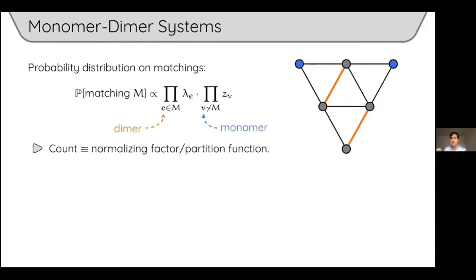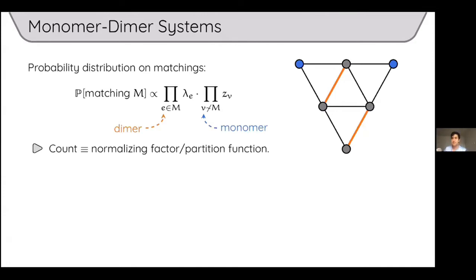Okay, so the natural extension of, so for perfect matching, this is defined to be zero. So if it's a perfect matching, then there is no vertex not matched. So basically, if you set all of these ZVs to 0, then you get a distribution on perfect matchings. And then you can actually exactly count that using the algorithm of Kasteleyn.